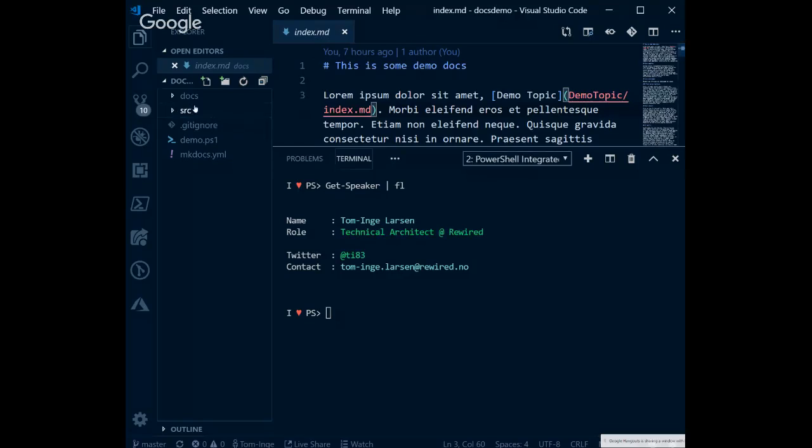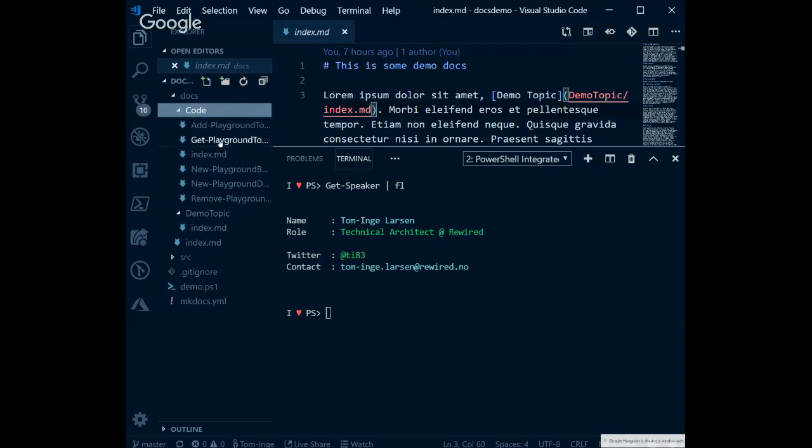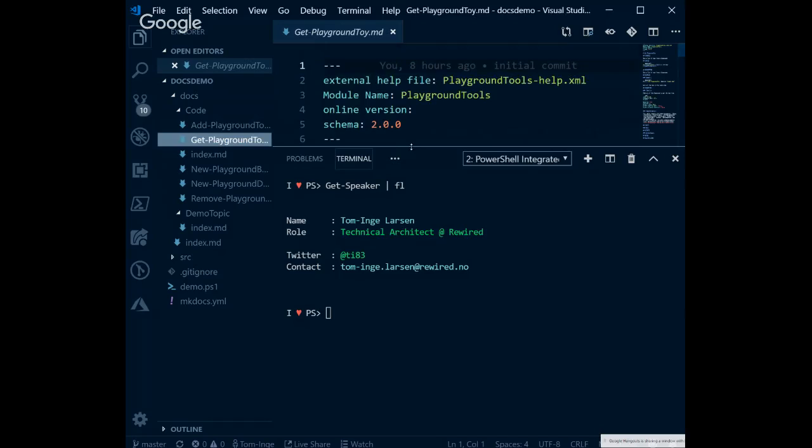So in this repository, we have some source code, which is irrelevant in this case, and we also have a docs folder. One of the cool ways to automate documentation that I found is writing the documentation in Markdown, which is a markup language that allows you to write anything as text, and you can convert it to pretty much anything. So for technical documentation, it's really great, and also for code documentation with PowerShell because of tools like Platyps, which